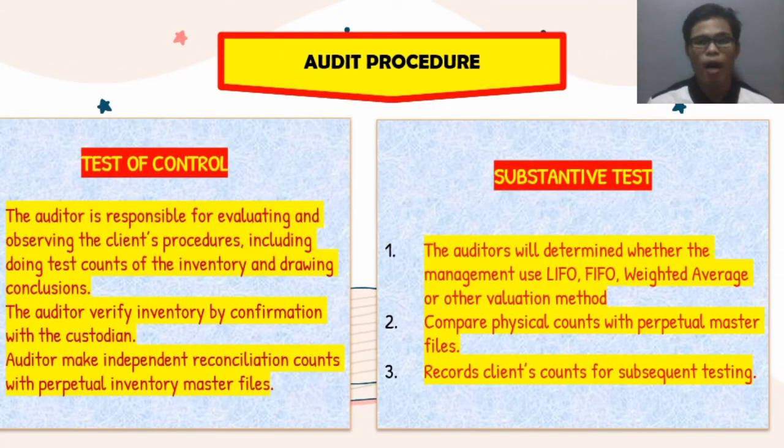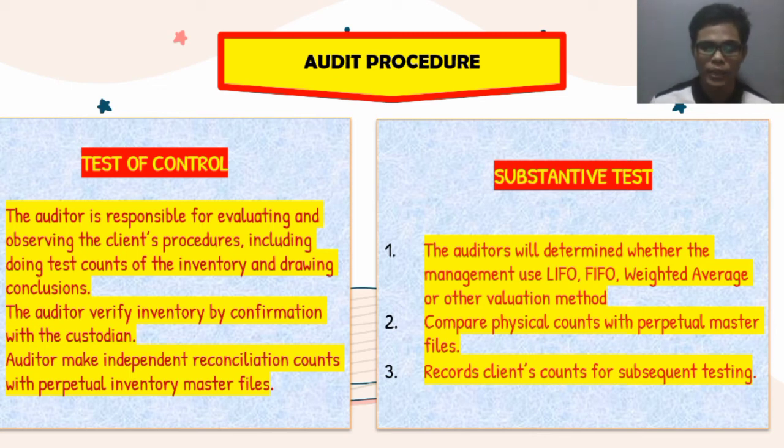Okay, the next slide is about audit procedure of management assertion as for accuracy. The audit procedure is divided into two categories, which are test of control and substantive test. For test of control, the auditor is responsible for evaluating and observing the client procedure, including doing test count on the inventory, and finally drawing a conclusion. The second is the auditor needs to verify the inventory by confirmation with the custodian, which means